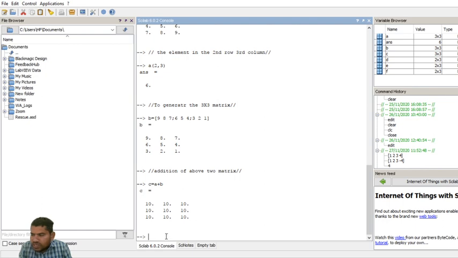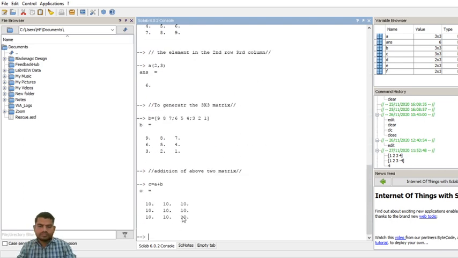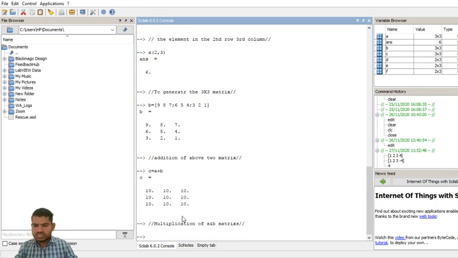Now I want to go to multiplication of these 2 matrices, multiplication of A and B. That is C is equal to A star B, the multiplication symbol.